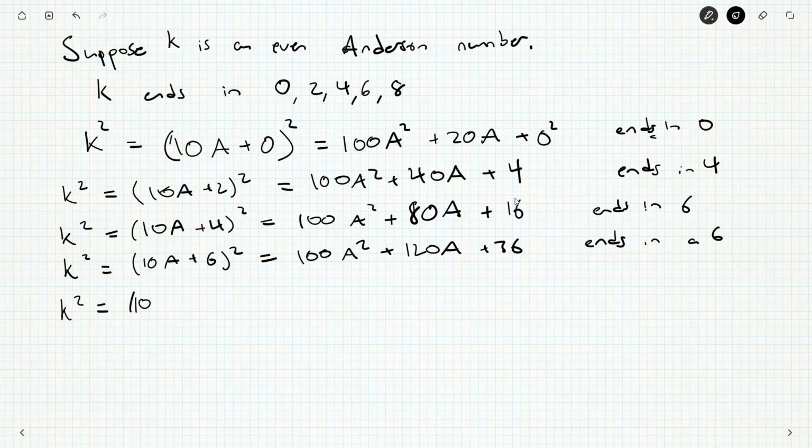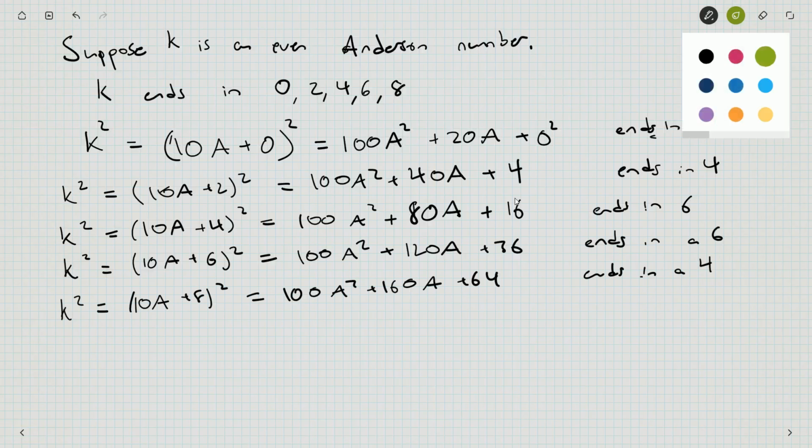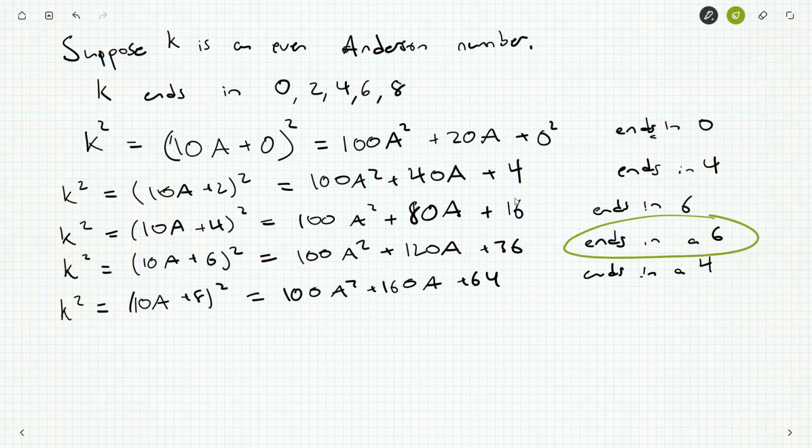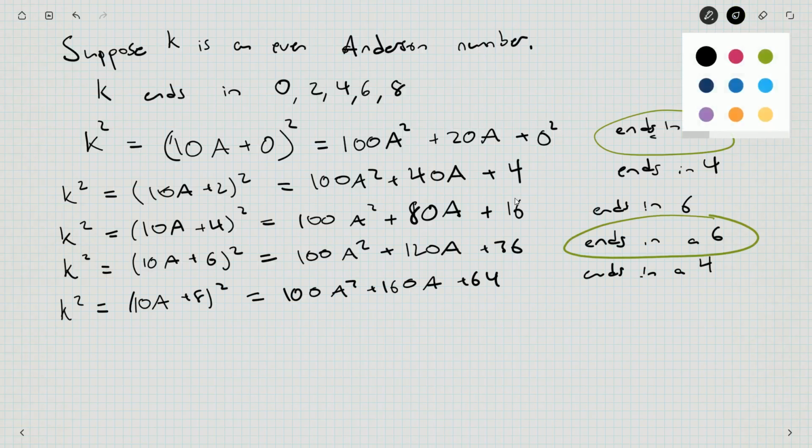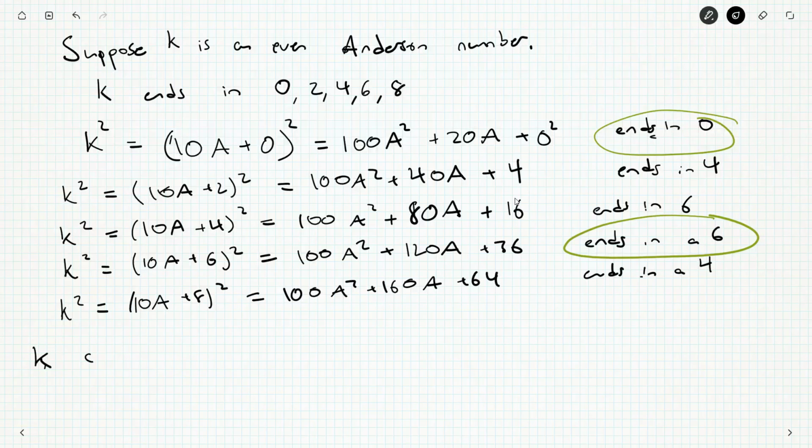And our last possibility, 10a plus 8 squared, is 100a squared plus 160a plus 64, which ends in a 4. So the only ones that could be Anderson numbers are numbers that end in 6 and 0. Now, k can't end in 0, because if k were 10a plus 0, which is really just 10a,